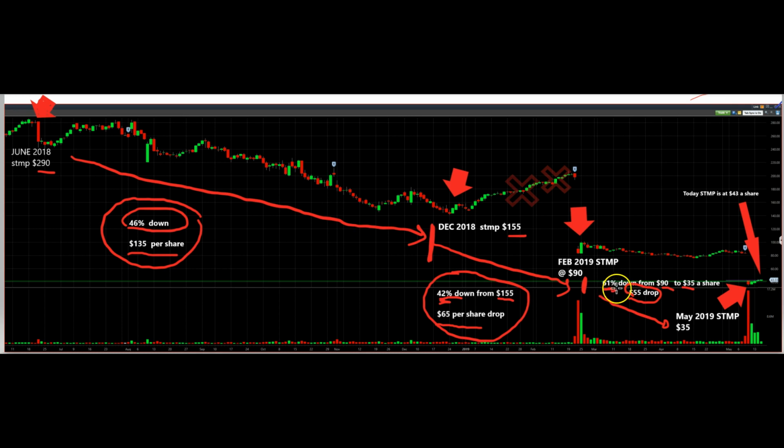You can't simply add 61 and 42 and 46 and say, wait a minute, that exceeds 100%. You're absolutely correct, it does, because these are percentage decreases: 46% from 290 down to 155, then from 155 to 90 it's 42%, and then from 90 to 35, that's an additional 61%. So at this point,